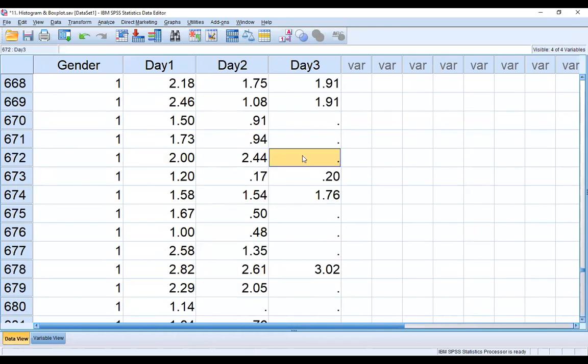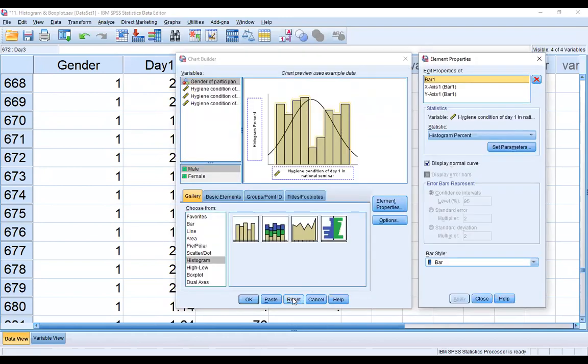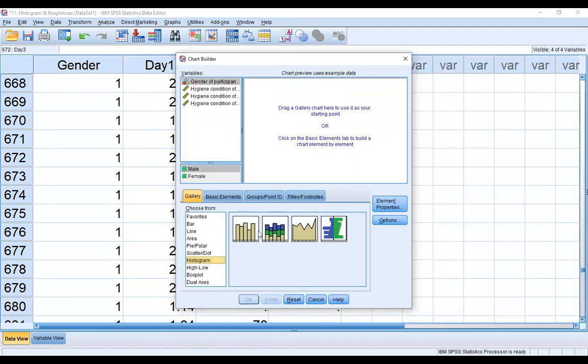Now how to create the graph? Graphs, Chart Builder, okay, and then reset it. Select histogram and drag and drop here.